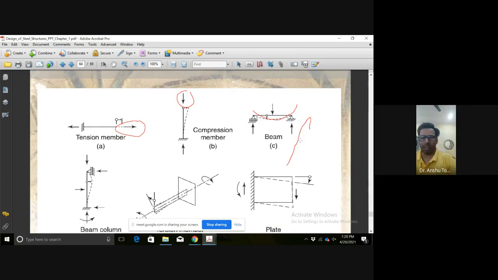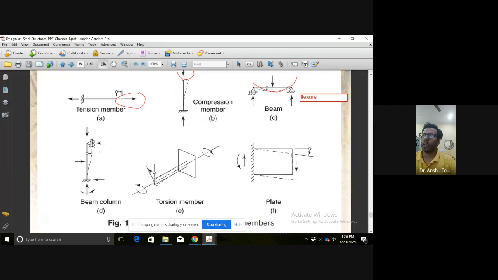I will write it down here. Now, depending upon the boundary conditions, this is torsion, where you can see the rotation here. This is the rotation. When we rotate it, it is mostly in machine parts, shaft of any machine.